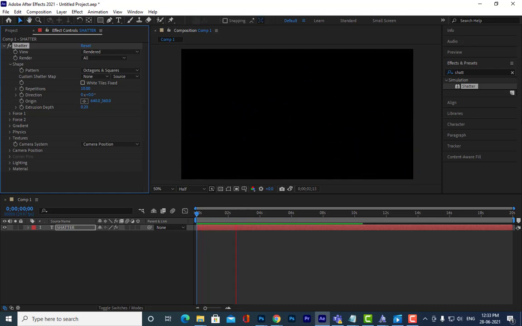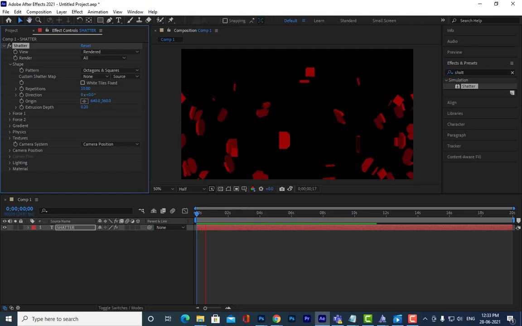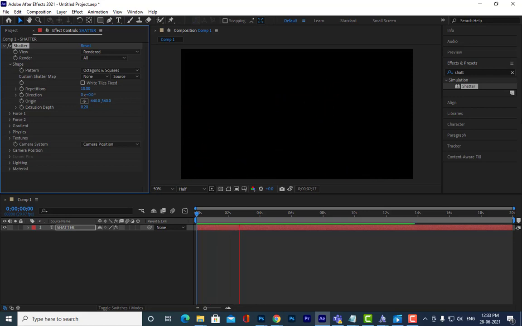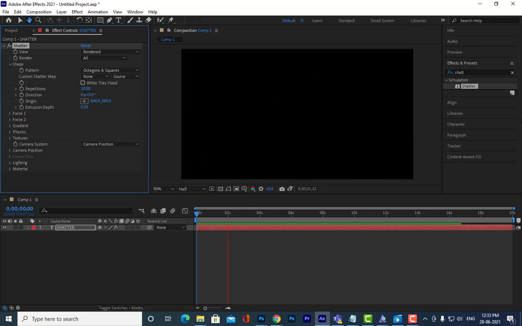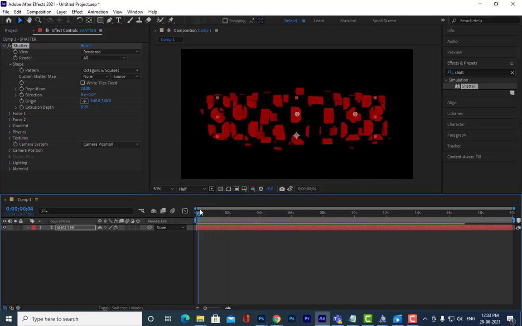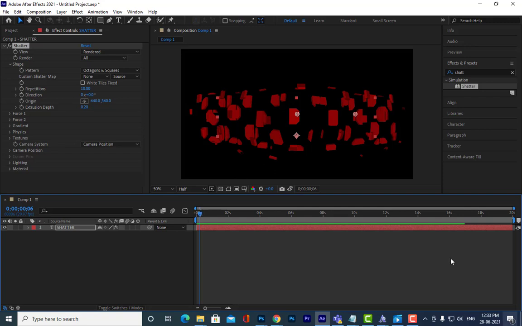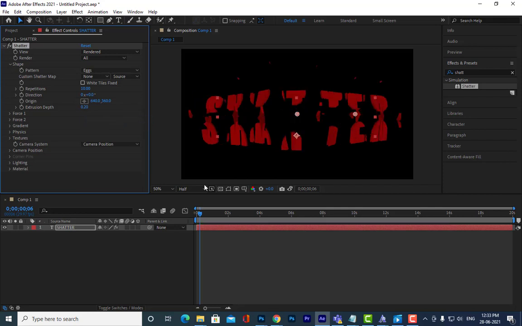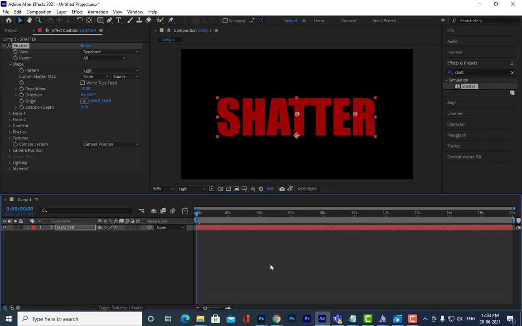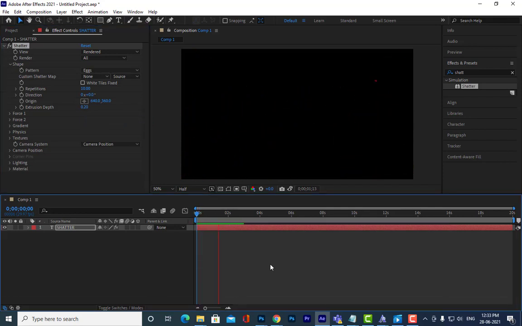See octagons, and there are other things like eggs. Now you will see some egg-type shapes.